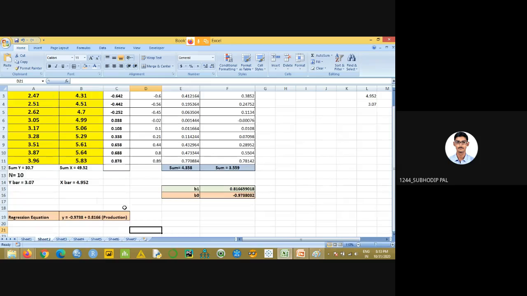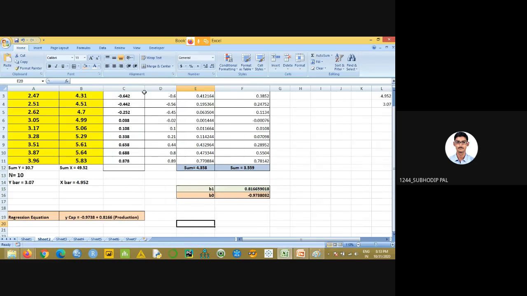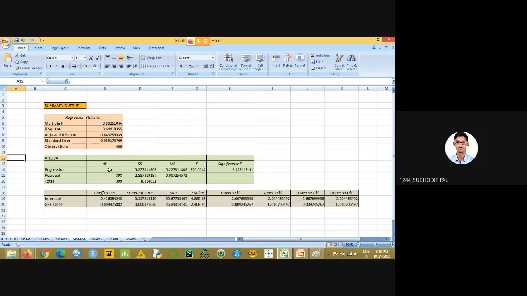After calculating this regression equation, I have to edit one thing. This is not y, this is y cap, right? I said it before. Y cap is equal to b naught plus b1 into x1. After finding this, if we want to calculate manually all those things I showed you, like the regression statistics, R square, adjusted R square, and the ANOVA table,